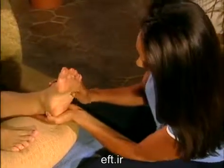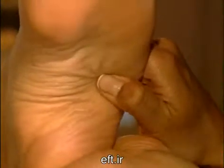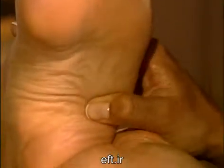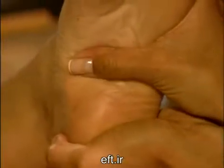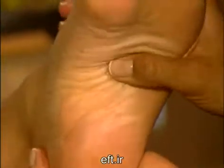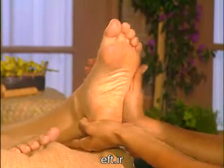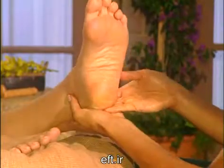Closer to the outer edge on the left foot, you'll find the reflex area to the spleen, which can aid in purifying your blood flow. Now move down to the pelvic line and thumb walk across the